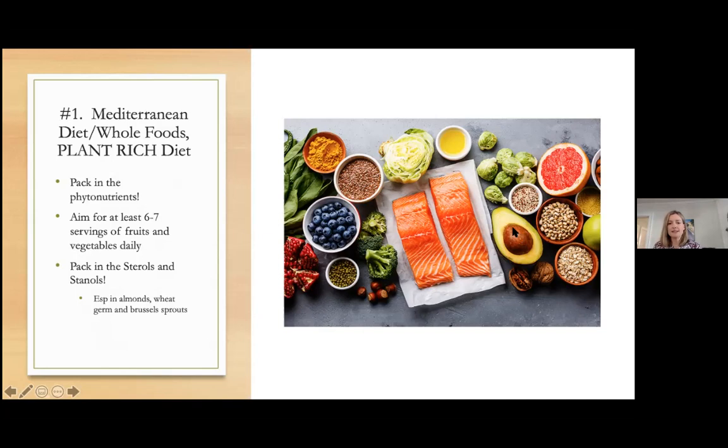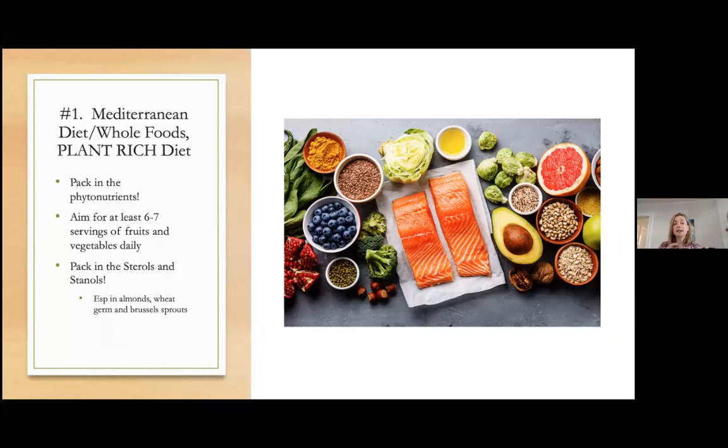Here somebody asked, I always have difficulty knowing what a serving is. I saw that a fist size is actually a good indicator. Absolutely. Your fist is roughly, depending on how big your fist is, about three-quarters of a cup to a cup. For leafy greens, we want a cup. For things like blueberries, a serving size would actually be a half cup. So depending on your fist, it is overall a good thing to go by. But we don't have to be exact. What we want to do is try to get as many of these in as we possibly can.